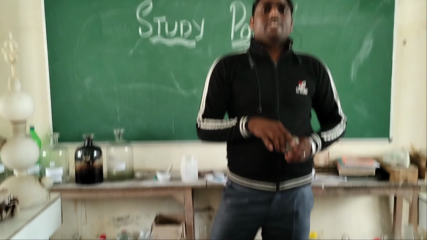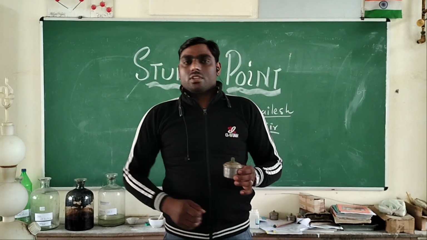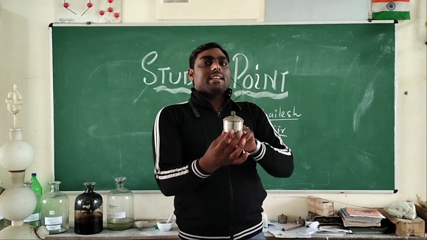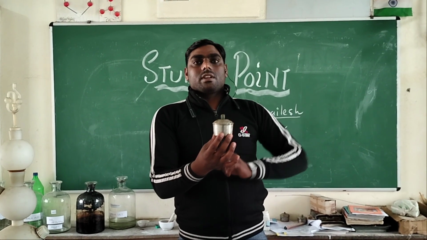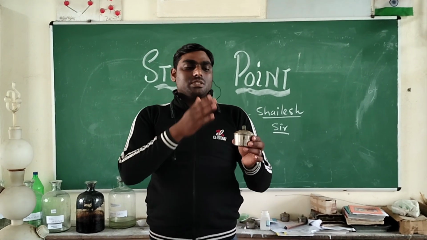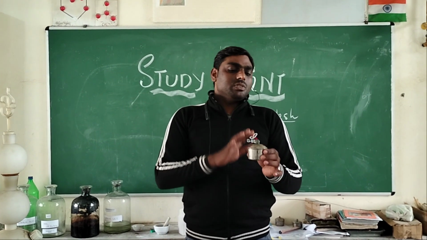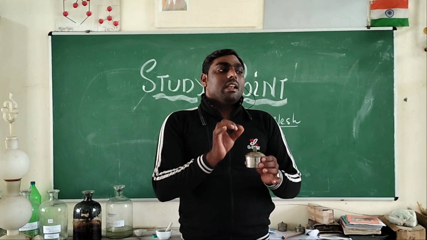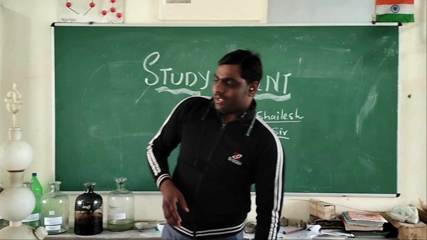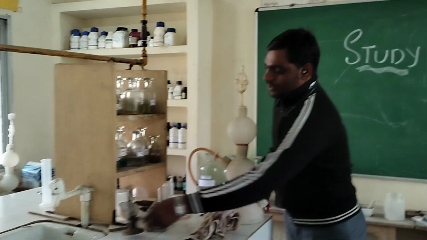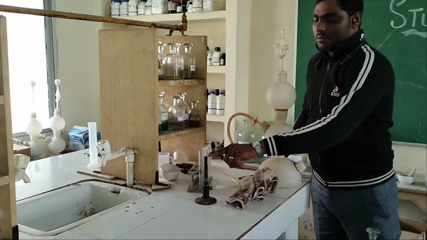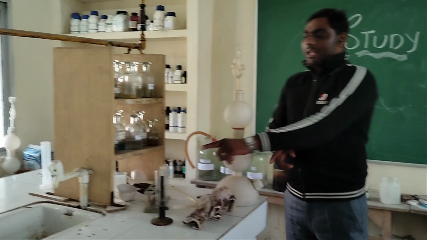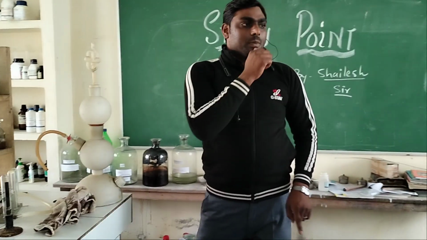For burning or heating any substance we should use fire, and for the fire in the laboratory generally we use what? Burner or spirit lamp. It is also known as burner or spirit lamp. Since spirit is used inside it for burning, that's why it's known as spirit lamp. We may also use a gas cylinder lamp that is known as Bunsen burner. This is a Bunsen burner. Since for this a gas connection is required, if we don't have a gas connection, then we use a spirit lamp in the place of this.